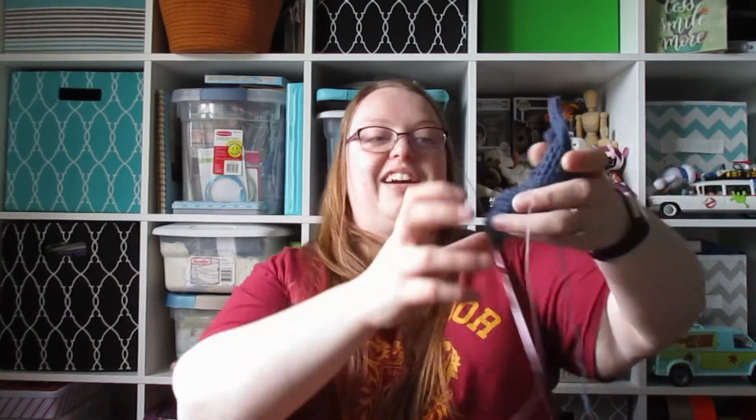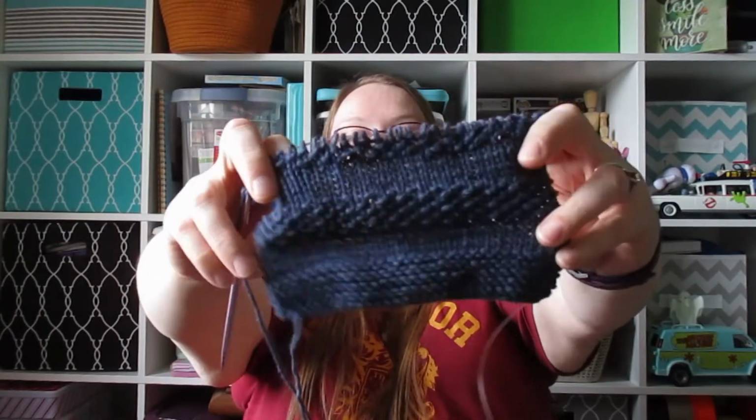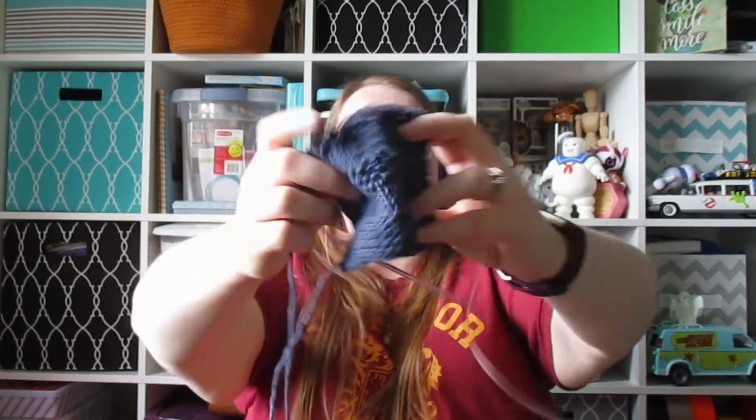But we'll just move into works in progress then, because obviously, same deal. Oops. I have yet another blue dishcloth on my needles. These are all knit out of I Love This Cotton from, who sells this? This is Hobby Lobby. I honestly don't know. I've had this in my stash for years. I think it's Hobby Lobby, but I Love This Cotton,